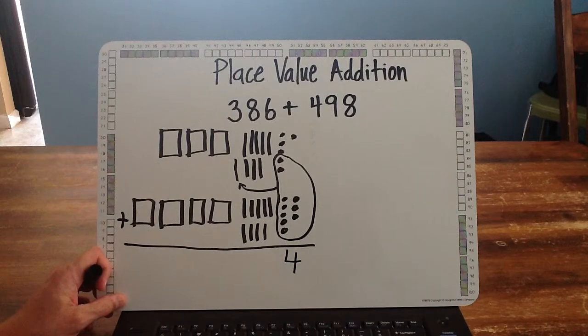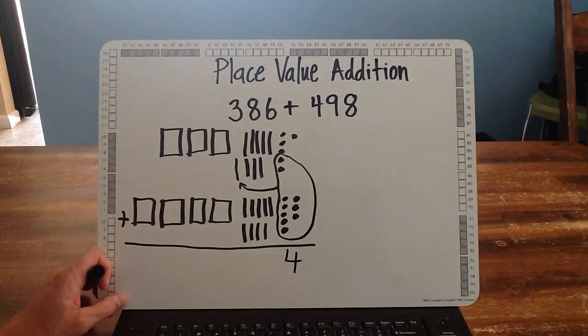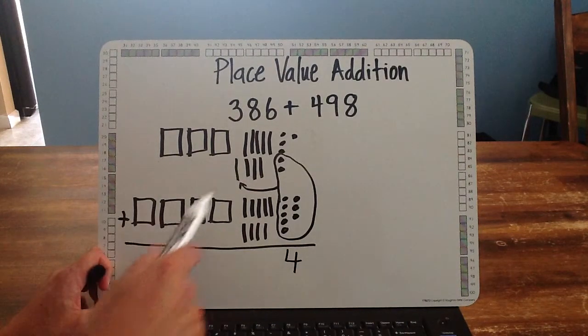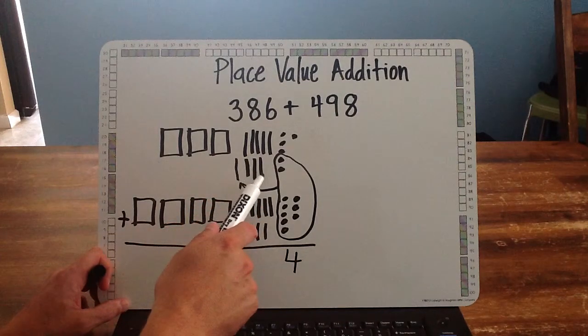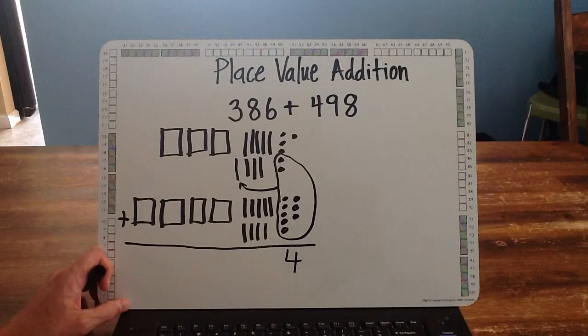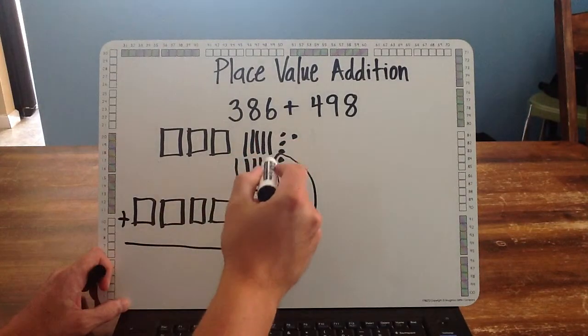Now I'm going to look at my groups of 10. I have a lot of groups of 10, so again I'm going to have to see if there is a group of 10 that can be pulled together so that 10 tens, which makes 100, can go over to the hundreds place. So if I look here, I have 1, 2, 3, 4, 5, 6, 7, 8, 9 tens. So if I take these 9 tens, or this 90,